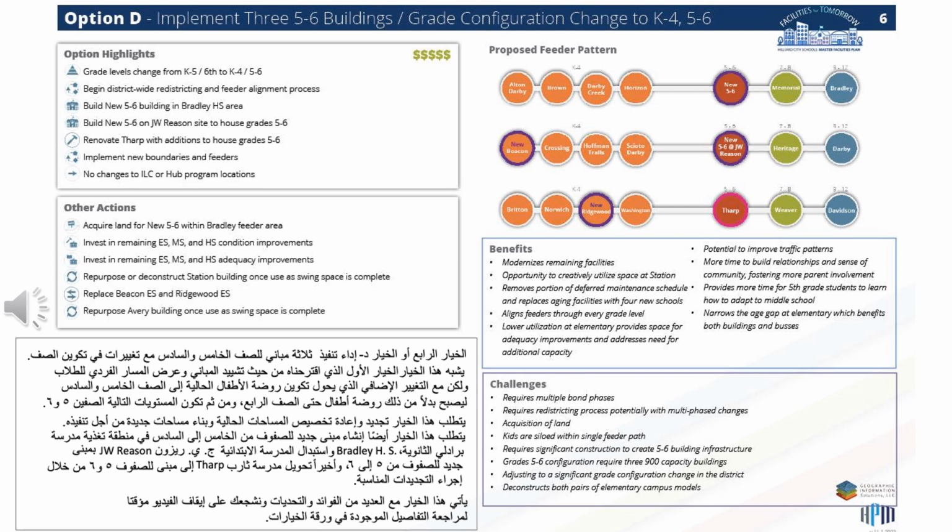It also requires the construction of a new 5th through 6th building in the Bradley High School feeder area, the on-site replacement of J.W. Reason Elementary with a new 5th through 6th building, and the conversion of Tharp into a 5th through 6th building through appropriate renovations. This option comes with various highlights, benefits, and challenges, and you're encouraged to pause the video to review the details found in the option sheet.